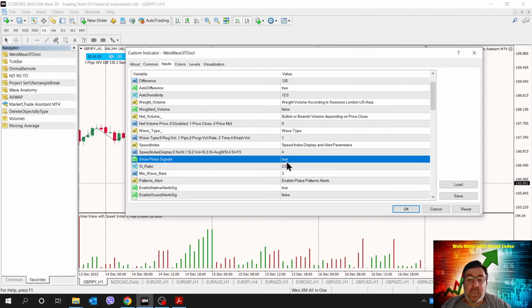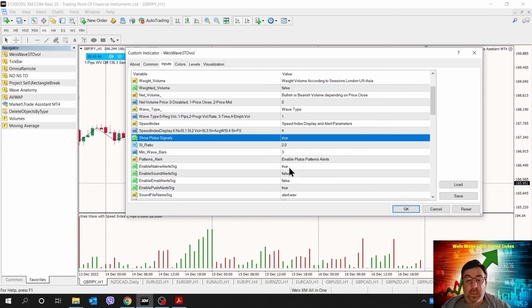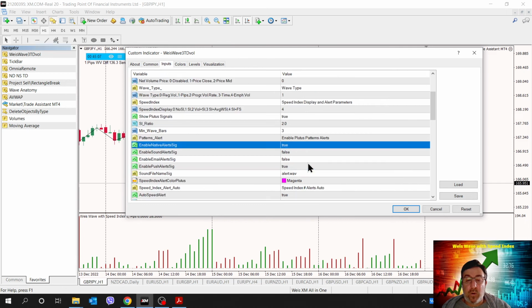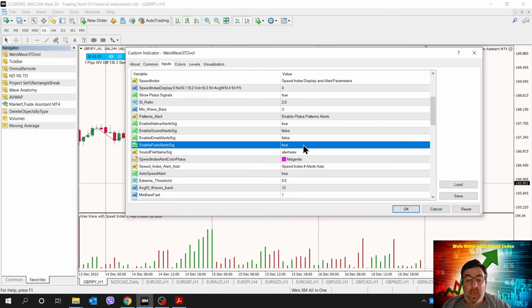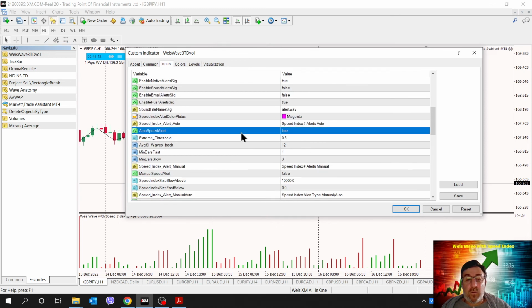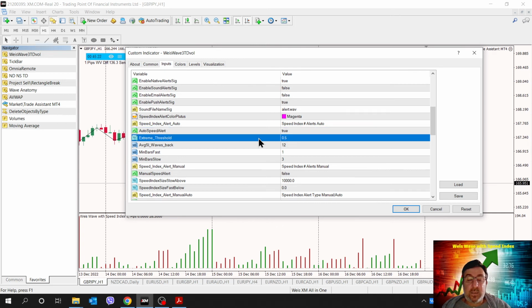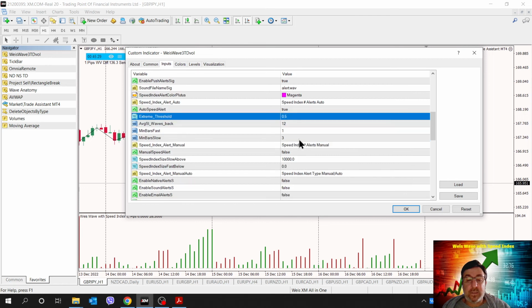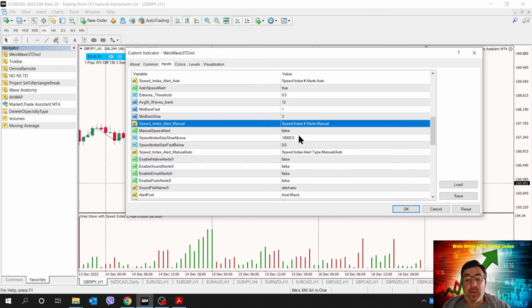And here I will also display the speed index, and I will put the number 4, for example, because I want to also see if the waves are fast or slow. So number 4, and here I want to also show the Bluetooth signals, and I want to get alerted with a pop-up on the Bluetooth signals and with a push notification on my mobile. And I also want to get alerted on something as fast and slow waves, about the speed, and the threshold is 50%, so 50% above or 50% below the average, I will get an alert. The manual, I don't care.